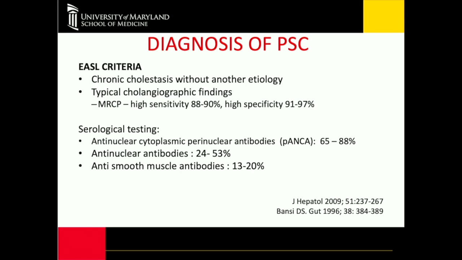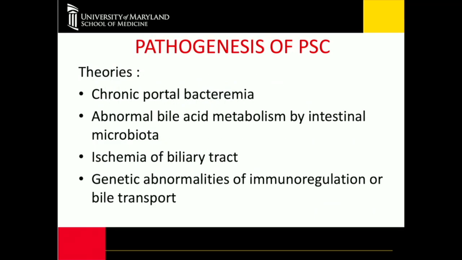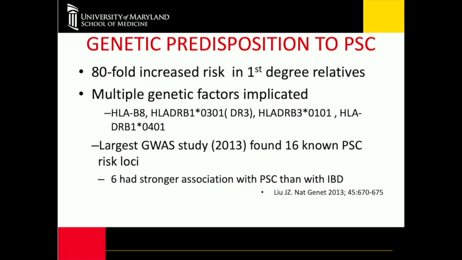Serological testing is done, but is not very helpful. P-ANCA is the most commonly encountered abnormality, but ANA and anti-smooth muscle antibodies are also seen. The pathogenesis of PSC is uncertain. These are the various theories related to chronic portal bacteremia, ischemia of the biliary tract, and genetic predisposition to